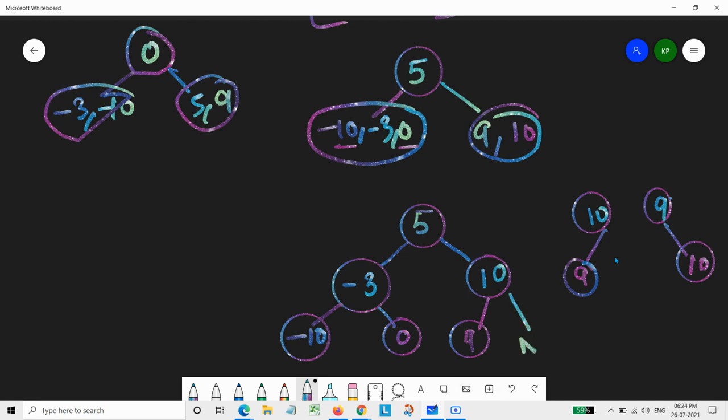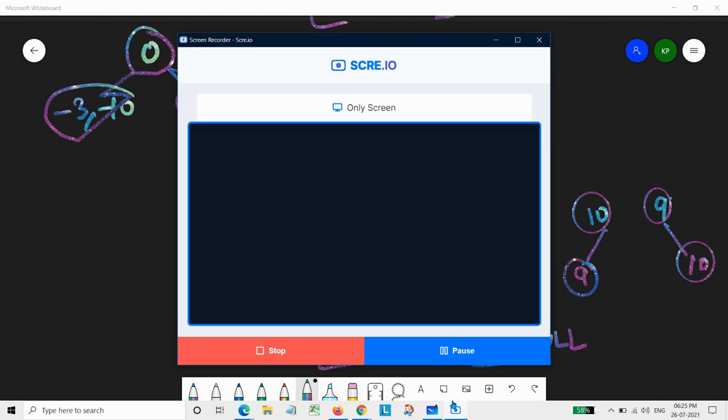So this would also be height balanced because here we could add a null node. And moreover, at each level we are having an equal number of nodes. Means in this subtree we are having one node and in this subtree also we are having one node. So basically it is filled up with an equal number of nodes at the same level. At the next level, we are having two nodes here and two nodes here. So again it is height balanced, which is, we are having both of the nodes at the same levels.